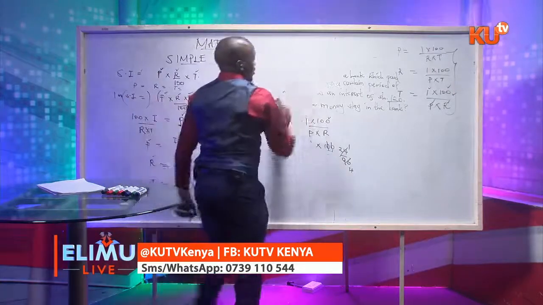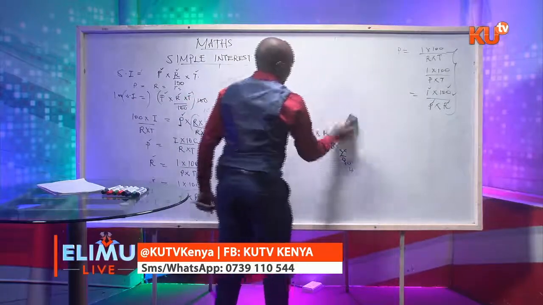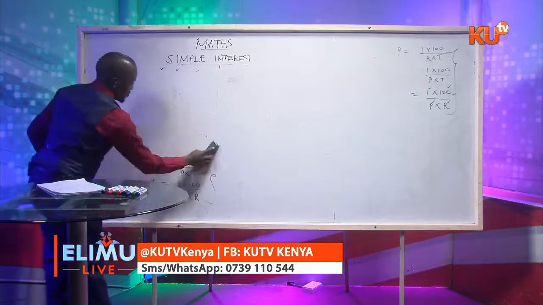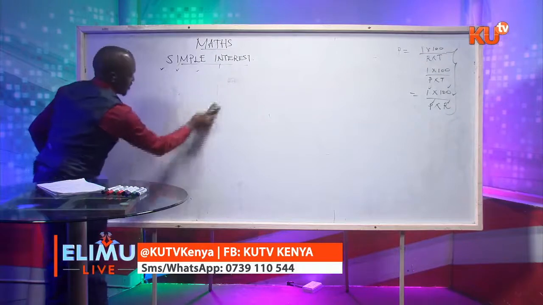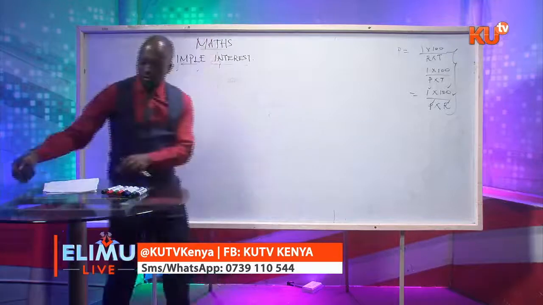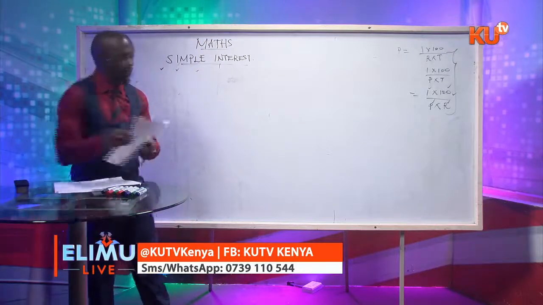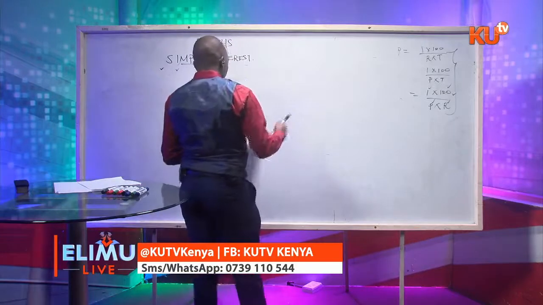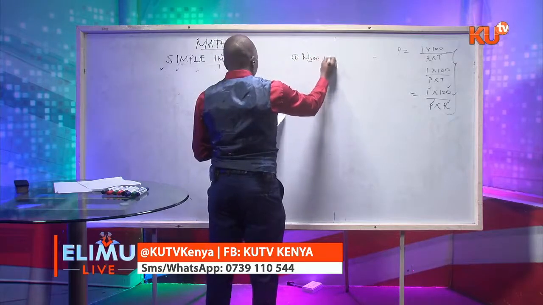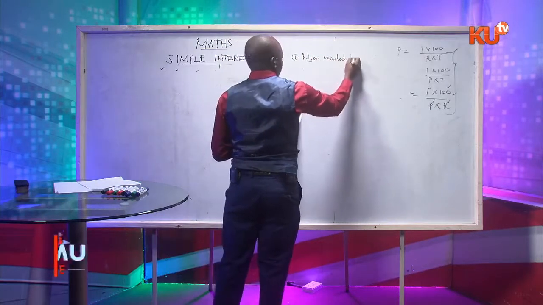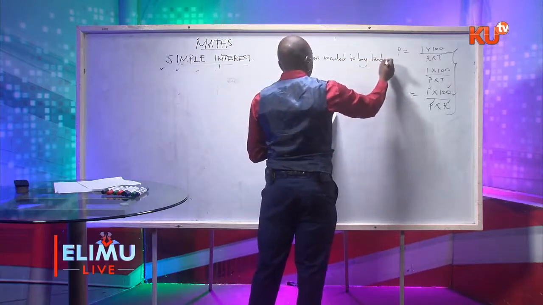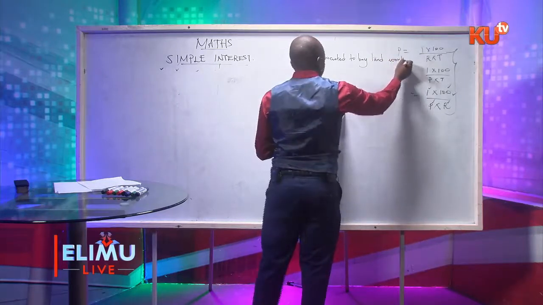I'll now give you a question, and you'll give us feedback through the WhatsApp number that is given there. I'll give you a question. And the question is, Jerry wanted to buy land worth